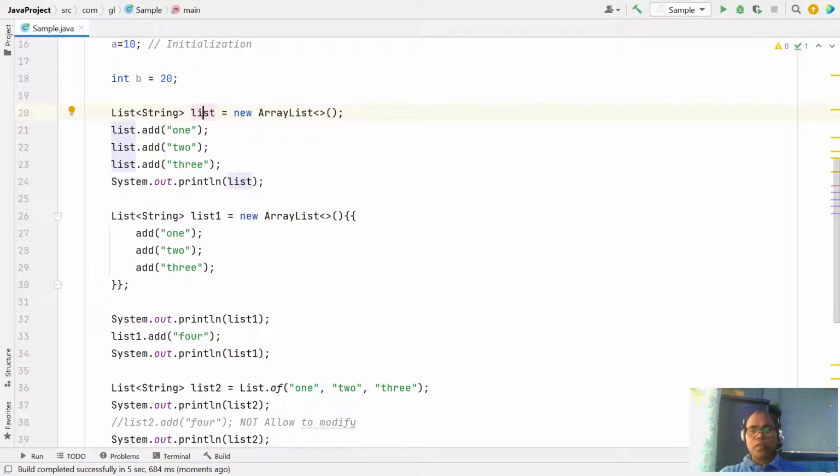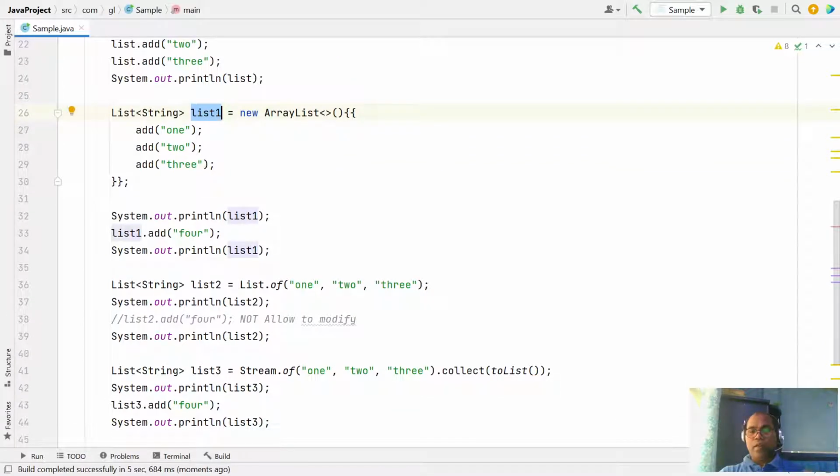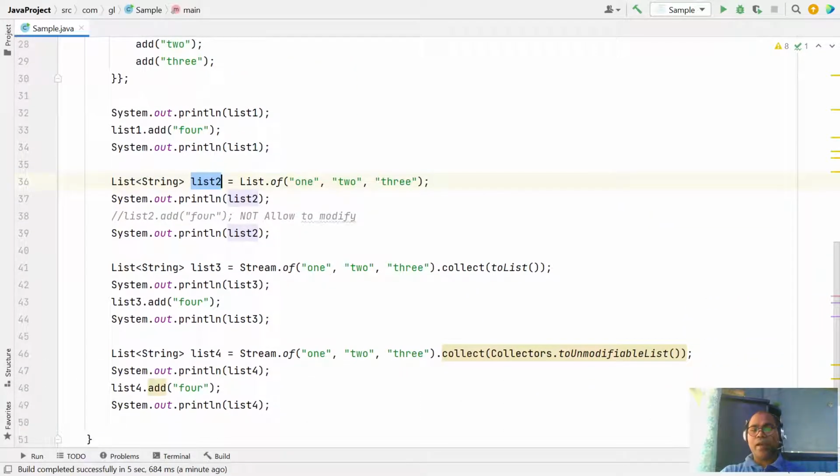With double brace, whenever you are creating a new object, at that time you can create a double brace and add the elements. After that, the returned list is modifiable. In the latest versions of Java, you can also create a list with initial elements using the of operator, but this returns an unmodifiable list. You cannot add anything.